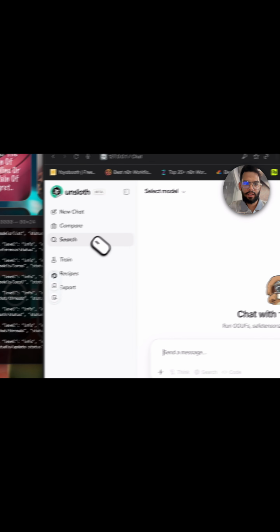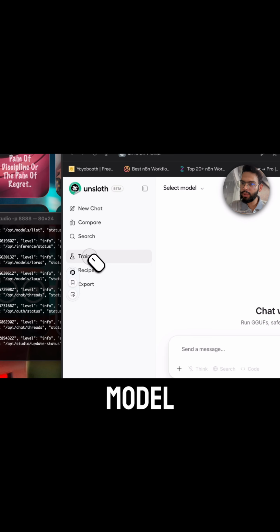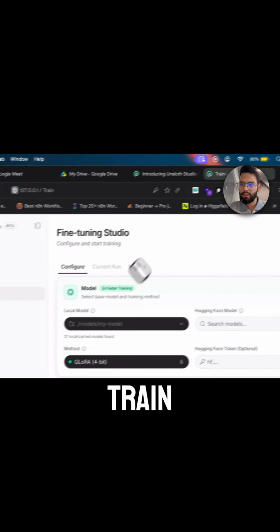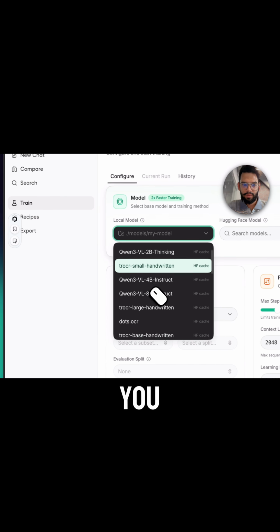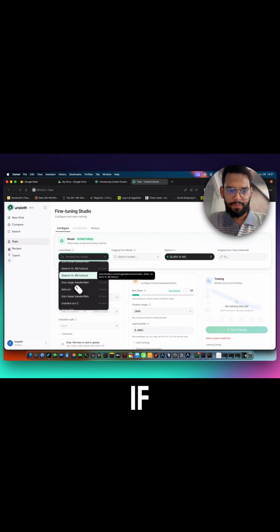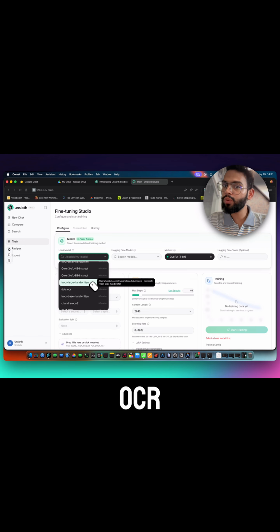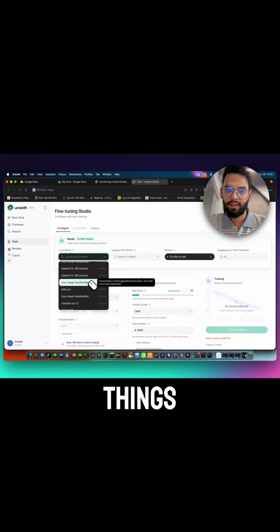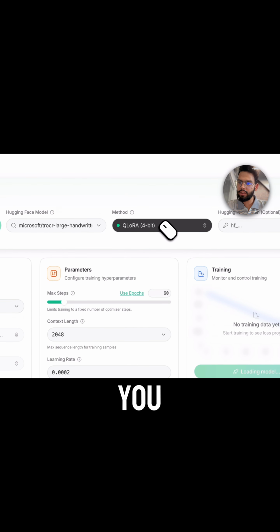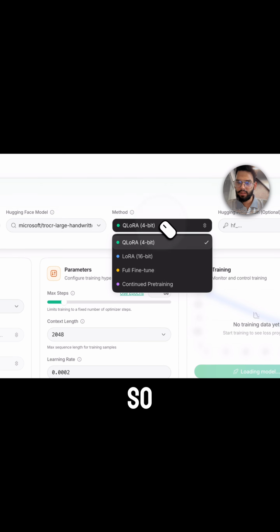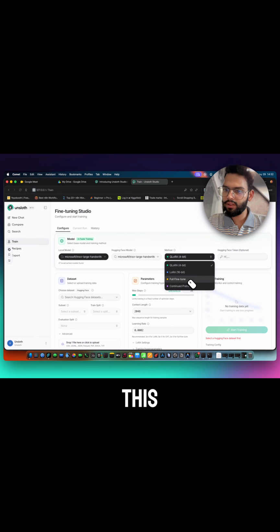And along with that, if you want to train a model, you can click on this train button and select the model that you want to use. So if you want to use an OCR model for handwritten things, then you can use this TrOCR one, and you can configure the method you want to use for this. If you want to use the full fine tune, then you can use this.